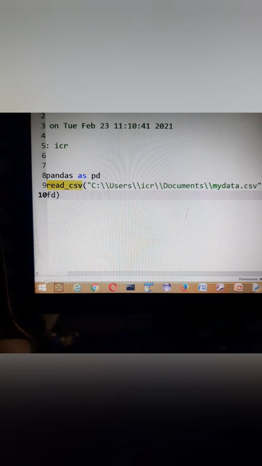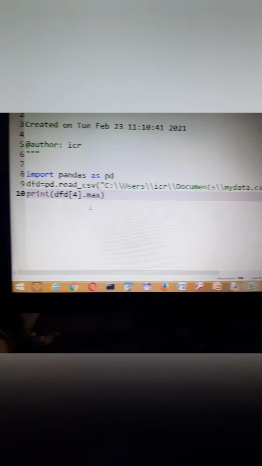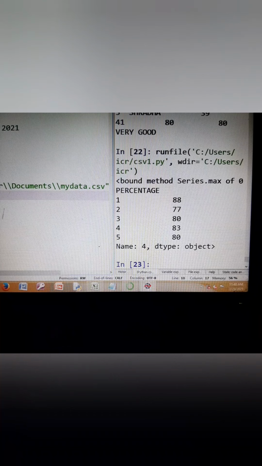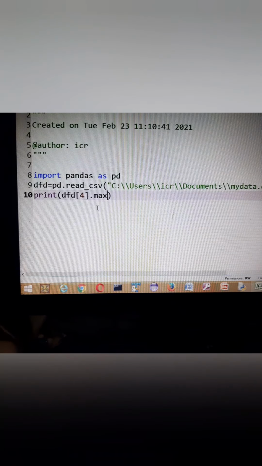So let's see how we do. We'll write here DF, square bracket 4, dot max. And here we are getting the highest percentage out of it. Sorry, I want only the marks.